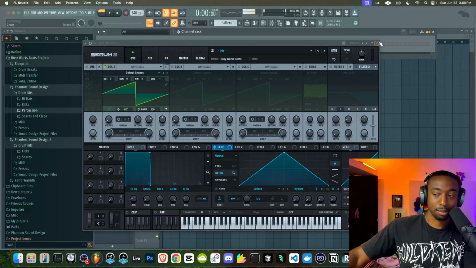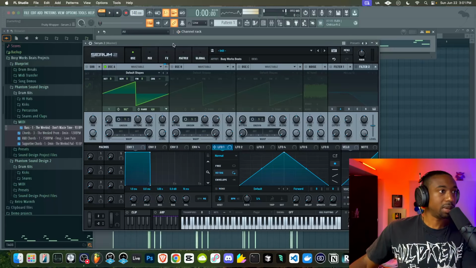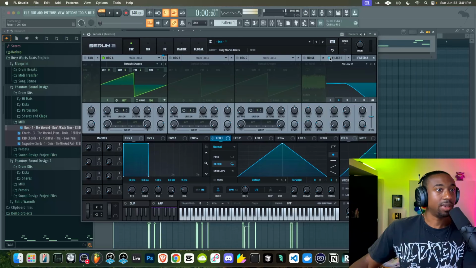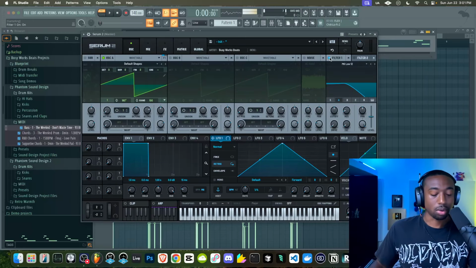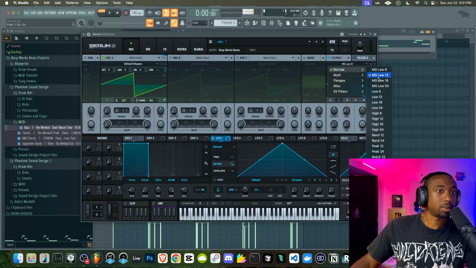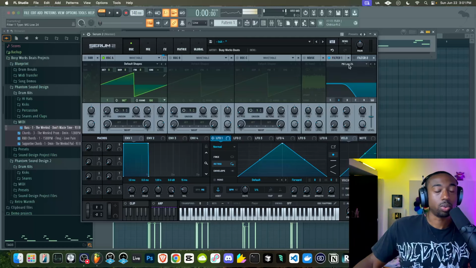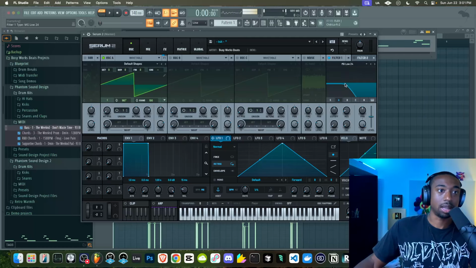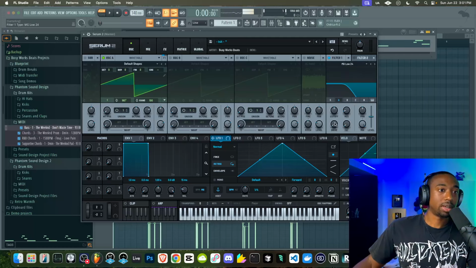Let's program in some MIDI real quick. All right, so here's some MIDI. The first thing I'm going to do is activate the filter. This is the most obvious approach to analog, but most people don't understand the filter. So this is a Moog filter. We're going to switch it to Moog low pass filter with 24 dB per octave cutoff, so the slope is a lot stronger. And what people overlook is this drive knob.